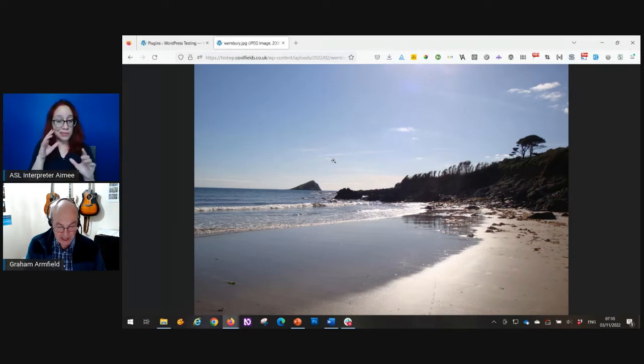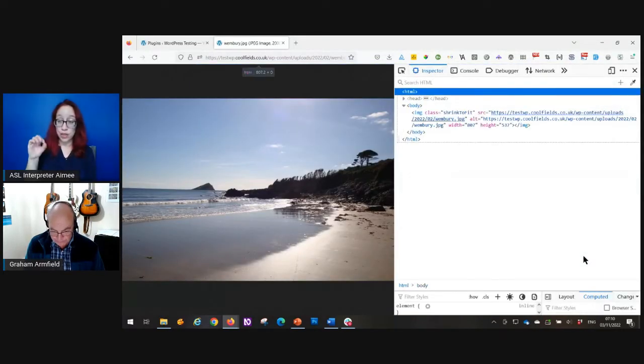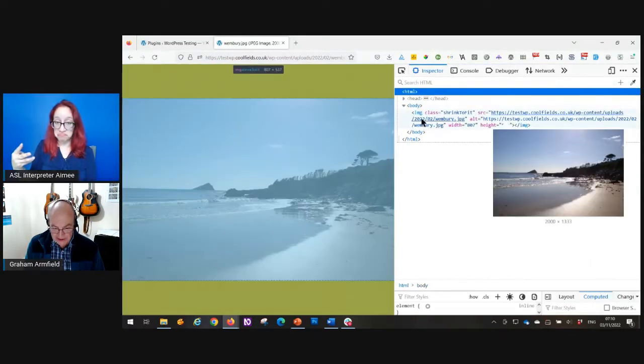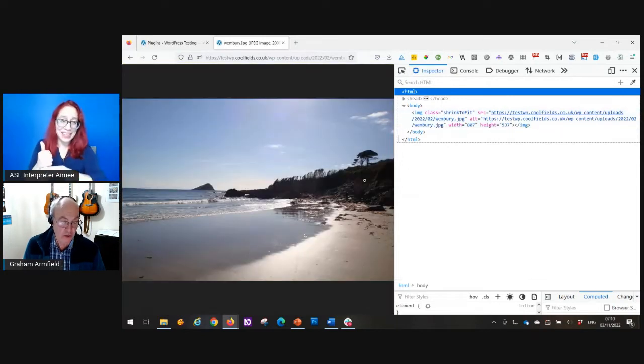However, if you look at the underlying code here, which I shall, the image itself, the alt attribute, which is how you set the alternate text, is actually set to a URL. This is no good at all, and it really ought to be set to the alternate text that's stored in the database.